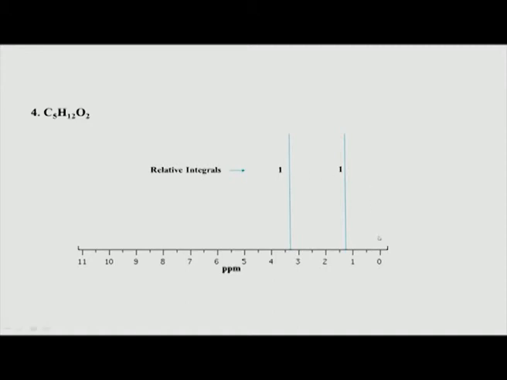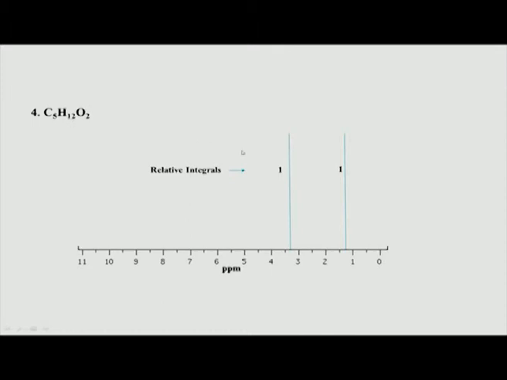Only if I had another reference here, let us say TMS, which has 12 hydrogens. If I know that the TMS peak corresponds to some x hydrogens, relative to that, this could have given me a more correct picture, but that is what we do not have. So, now what we have to look at is how do we interpret this particular case. So, we can see there are 12 hydrogens.